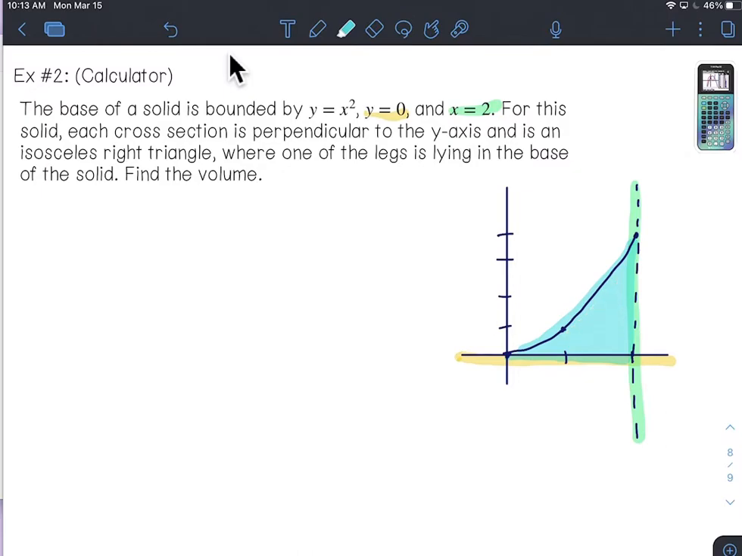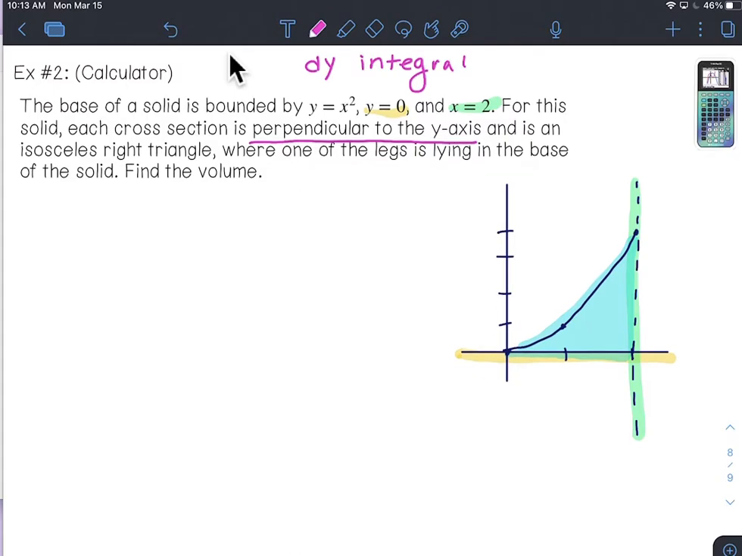And now we're going to take cross sections that are perpendicular to the y-axis. So that tells us that we're going to have a dy integral. And we have isosceles right triangles where one of the legs is lying in the base of the solid. Okay, so if I draw a couple here,